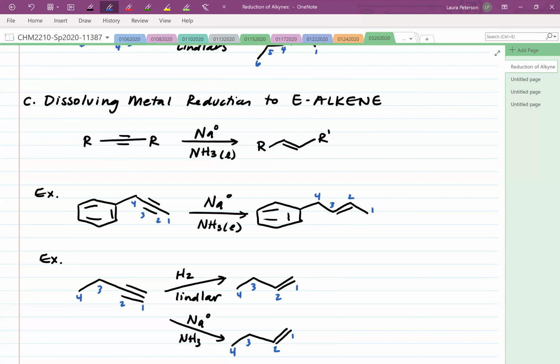What we have left is to talk about something called organic synthesis, which isn't exactly any new reactions, but instead,